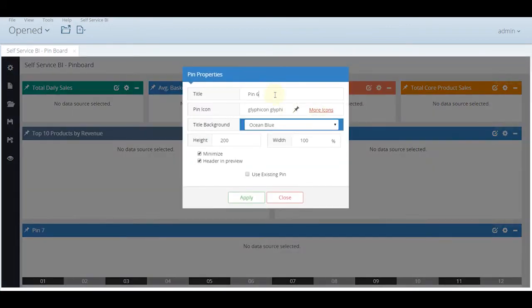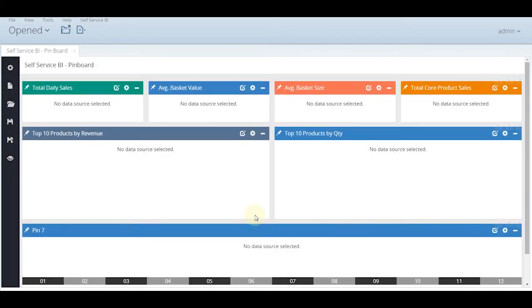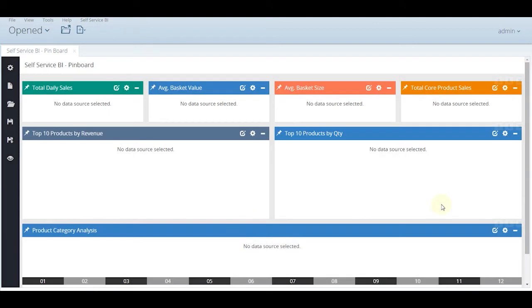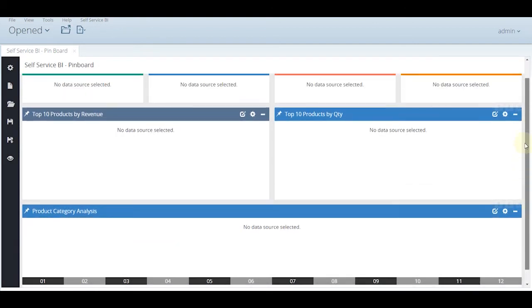Similarly, pin number 6 is top 10 products by quantity. And then comes pin number 7, which is the product category analysis. So the layout is now ready.